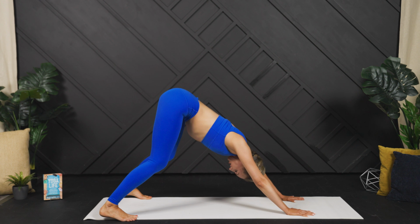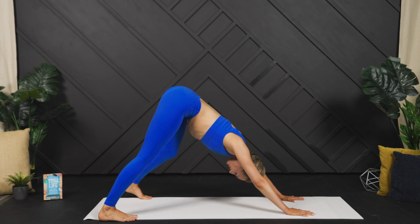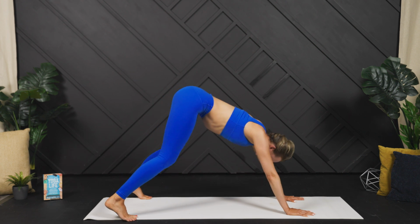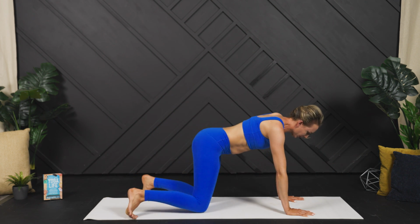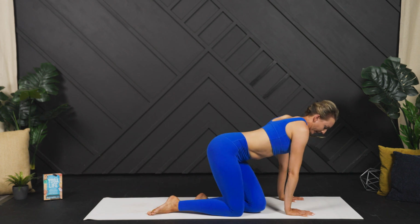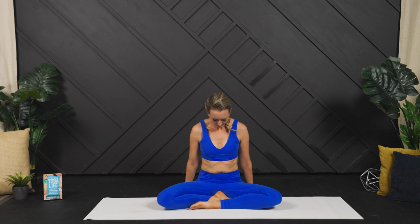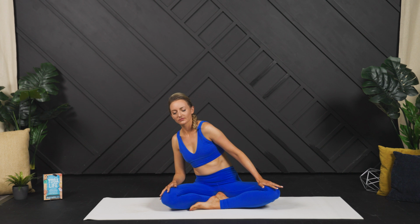Maybe you want to take a big yawn here before gently lowering the knees and coming to a cross-legged seat, and having connected with the solidity and the slowness and the stability of earth, now playing with embodying water. Begin to slowly spiral the torso